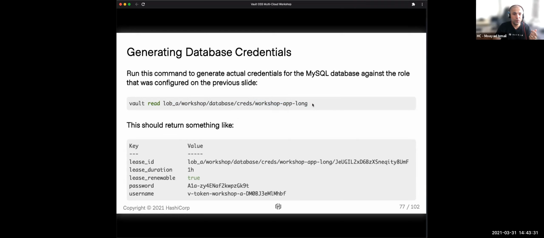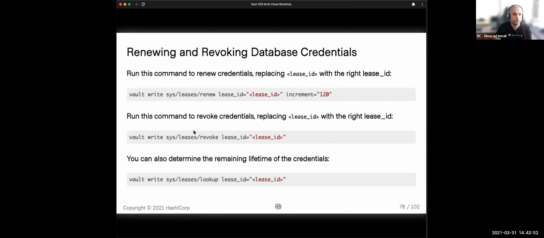If you have permission to access this path, this is a sample output you would get. You would get a username and a password with a time to live. And these would be configured on the database and passed back to the application or whoever called this endpoint.